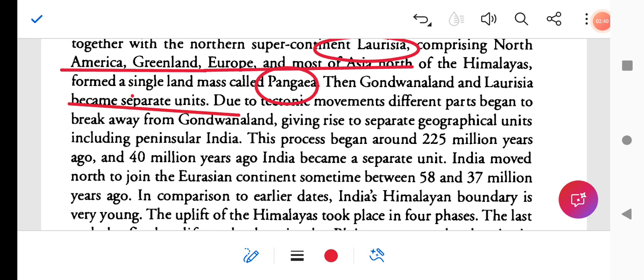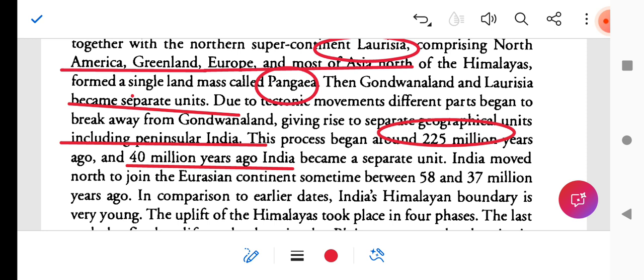Due to tectonic movements, different parts began to break away from Gondwana land, giving rise to separate geographical units including peninsular India. This process began around 225 million years ago, and 40 million years ago India became a separate unit,